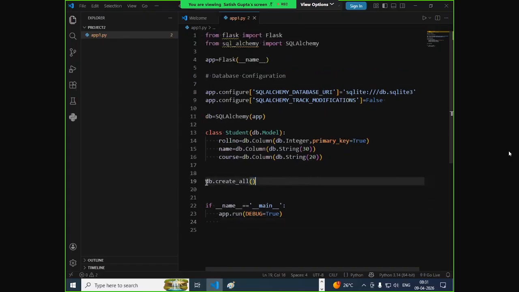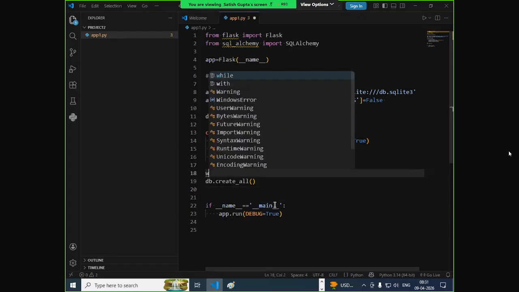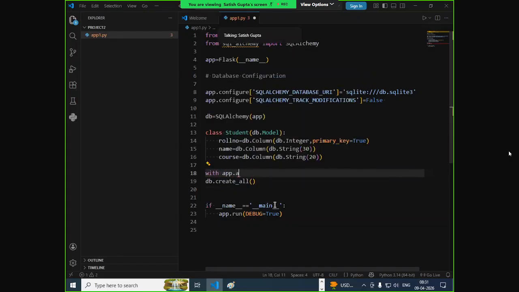But sometimes the context is also required, because you are creating this database and database table in which context? You have to define it. Let me first run this directly without defining the application context. But sometimes it is required to define which context? Application context. application.app_context. So context is nothing but